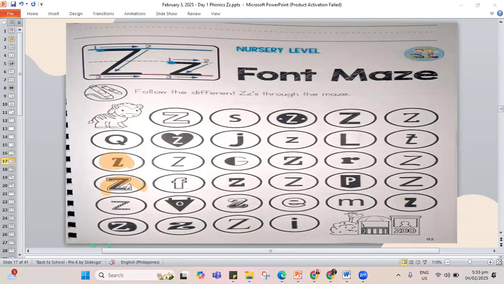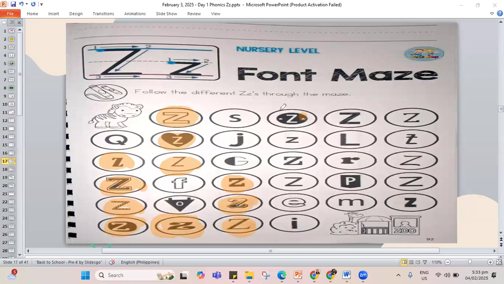1, 2, 3, and 4. There's 4 letter Z's. On this next column, this is a Z. This is Z, the letter Z. And this one is also Z. Okay, another column. I found 1, 2, and 3.